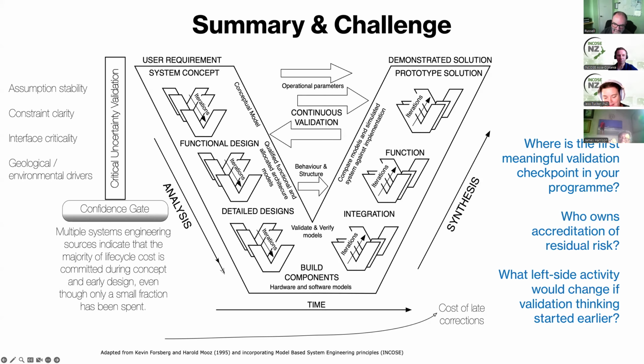Just wanted to comment on the trade-off between a spiral versus a V model. I think one of the considerations there is where the risks are being generated in the delivery process, because that will define what's an appropriate delivery model to apply to whatever it is that you're doing. So I work at NZTA. We do a lot of big infrastructure projects, and the thing that stands out for me is that a lot of the heavy-duty risks, like literally pouring concrete in the wrong place. Once you've poured it, that's it. It's not moving. Those are real front-end risks.